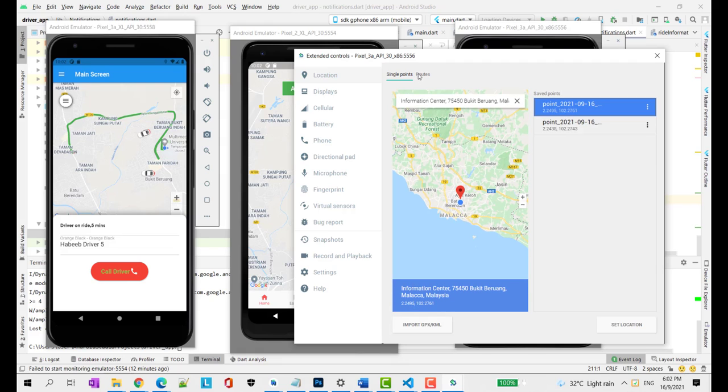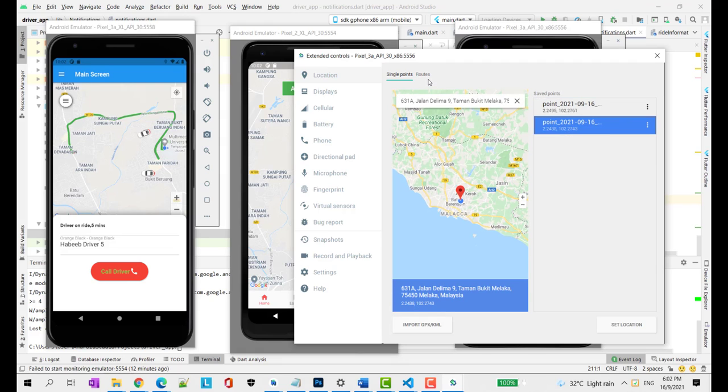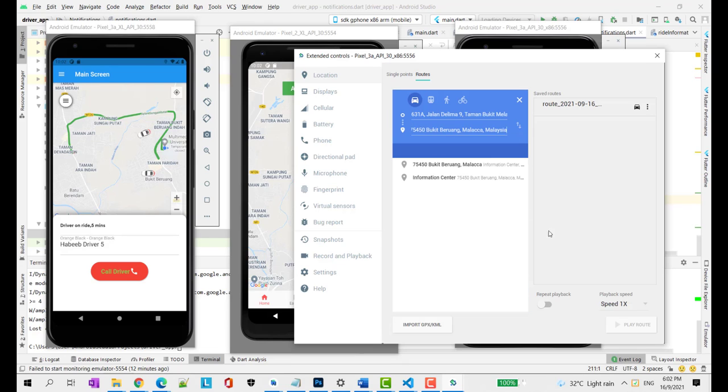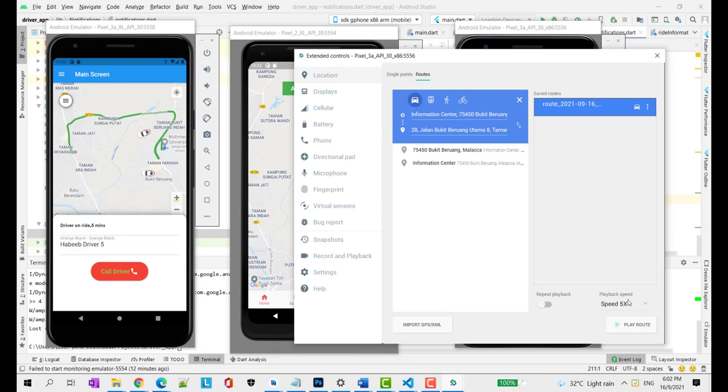Okay, I need to play the route, start a route actually. So from Jalan Dilemma to the rider's position, I paste it here, and I play it at 5x, and I select the route, information center to this one. Let me check.